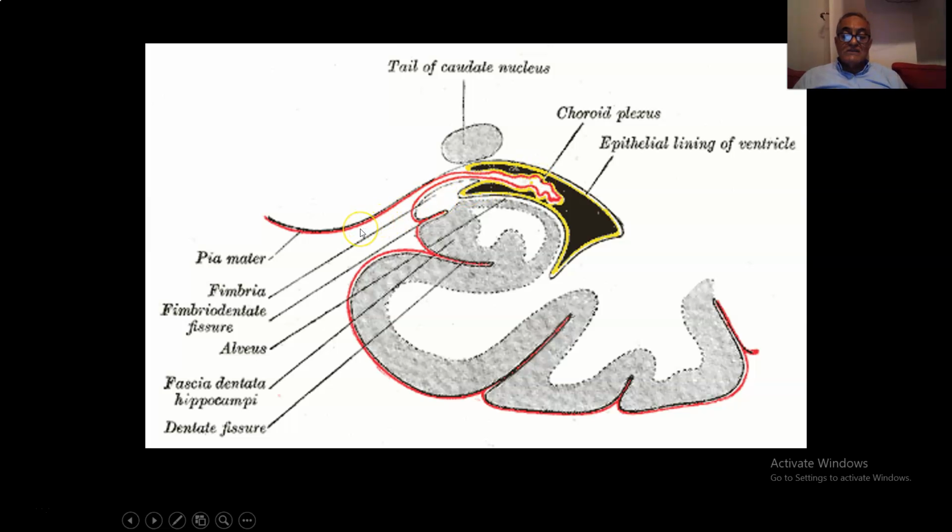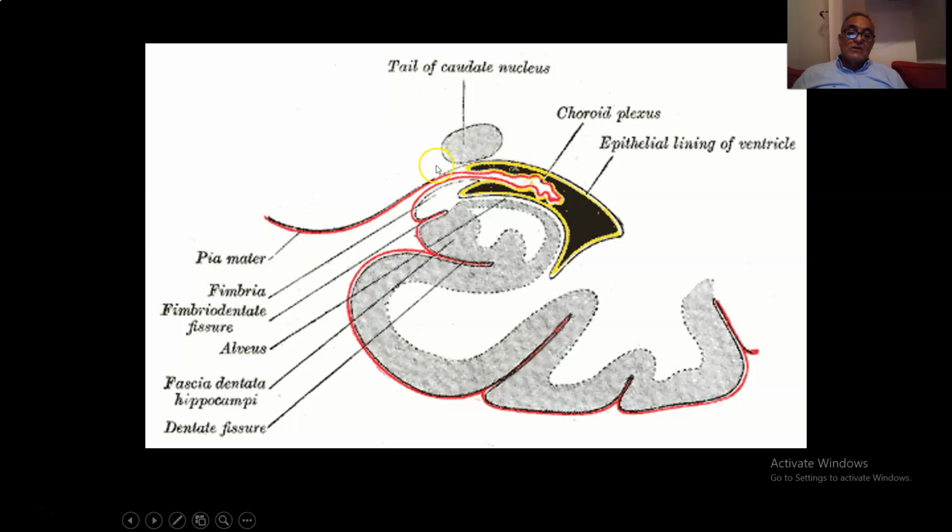So how can the blood vessels reach the choroid plexus inside the ventricle? It can reach it through a fissure present on the medial wall of the temporal horn of the lateral ventricle, which is a layer of pia mater, and the blood vessels enter with this layer of pia mater through the